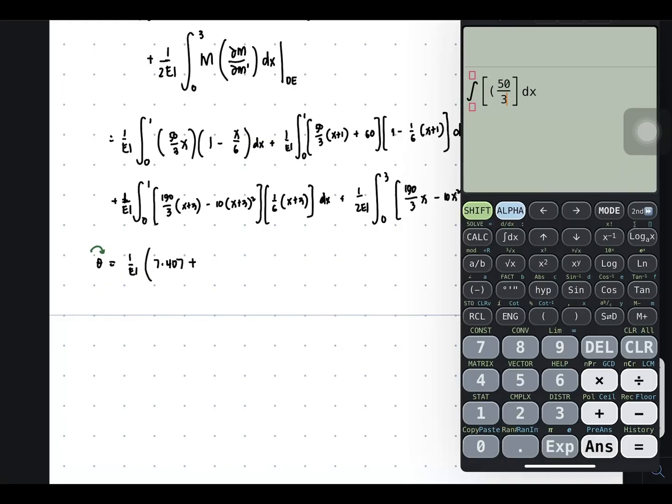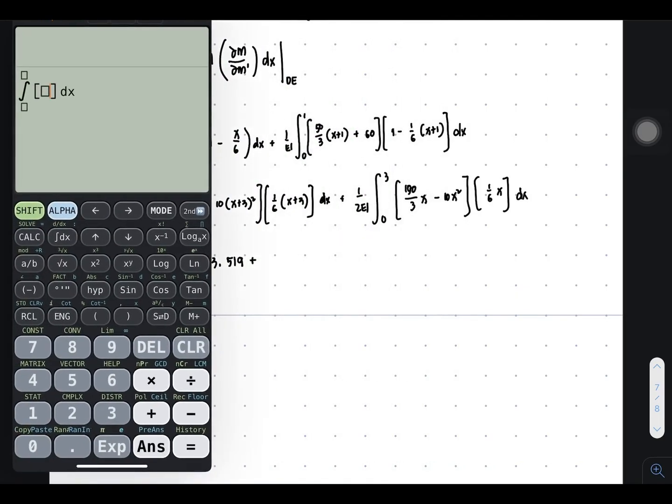It is the integral of 50 over 3 times x plus 1 plus 60 times 1 minus x plus 1 over 6, closed, from 0 to 1, limit. That's 63.519 plus